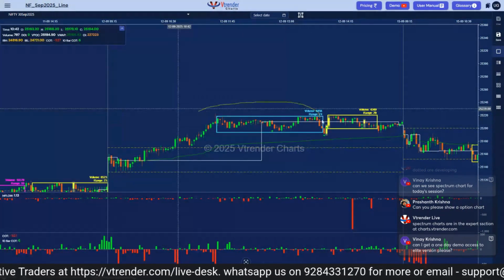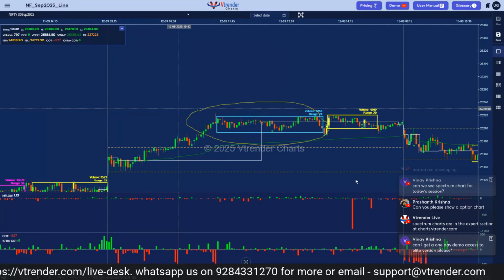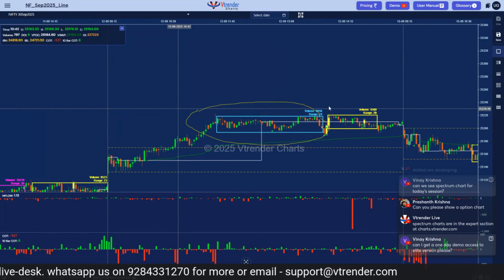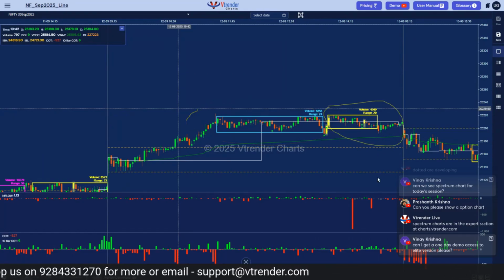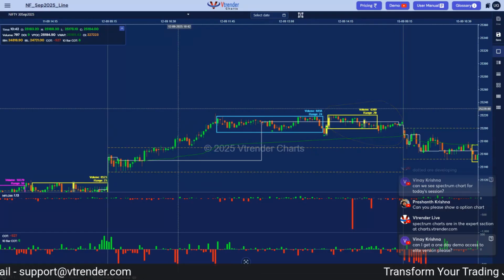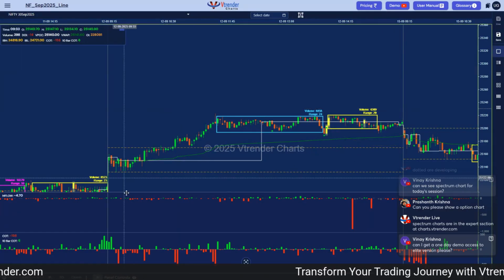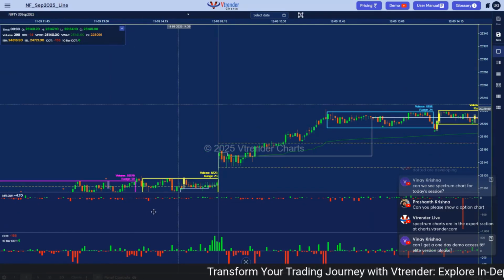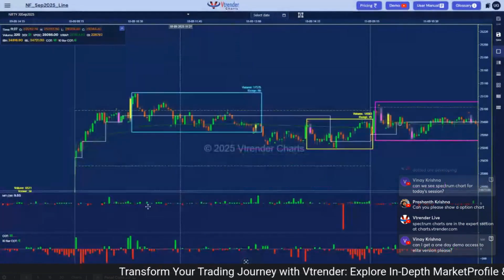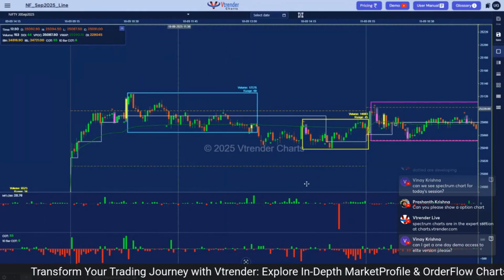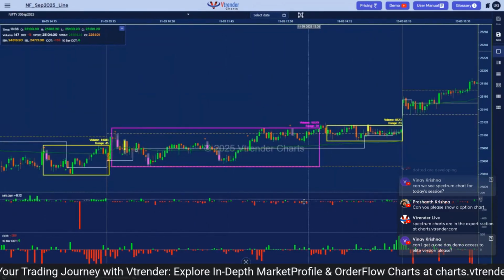So you can see this is the blue one. This is the second best quality micro balance. This yellow one is a simple micro balance, the basic micro balance, and the purple one is the one which you do not want to miss out on for any trade. So I'll just give you an example of this, the 11th of